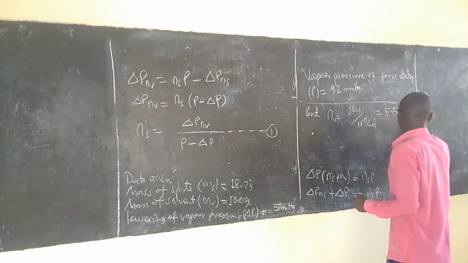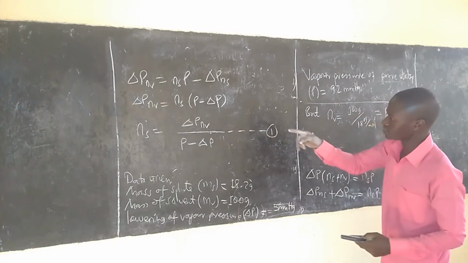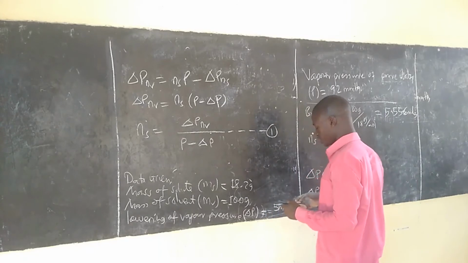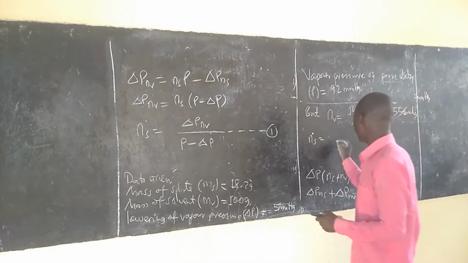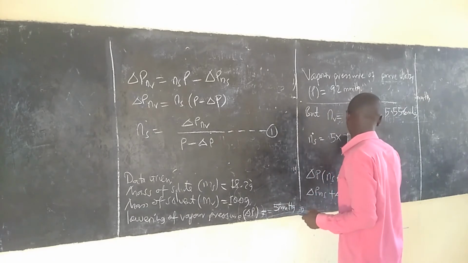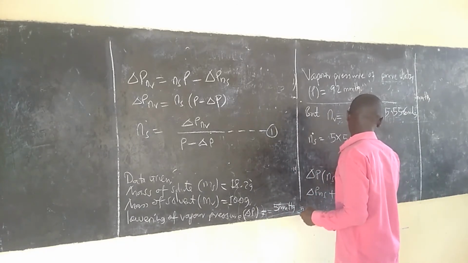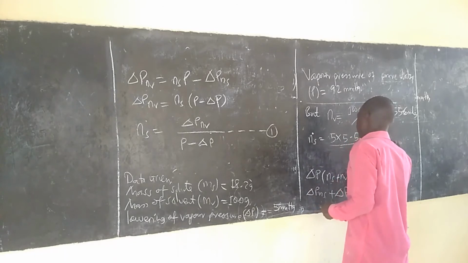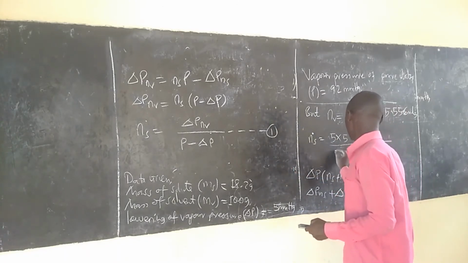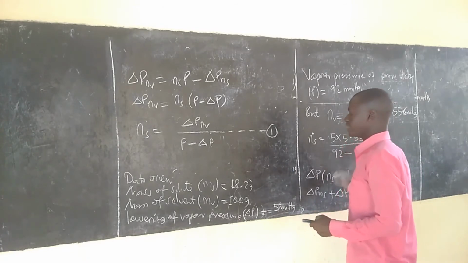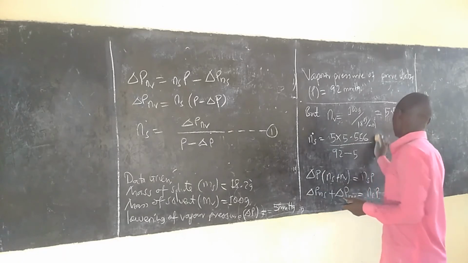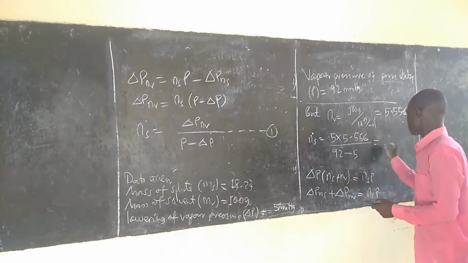100 ya 18 tutapata ni 5.556 moles. So taking this, inserting into that equation, NS will be equal to change in V, that's the lowering of vapor pressure, is equal to 5 times NV, which is 5.556 divided by P, ambayo ni pressure ya pure water, 92 minus change in P, which is 5. So tukidivide hapo tutapata jibu